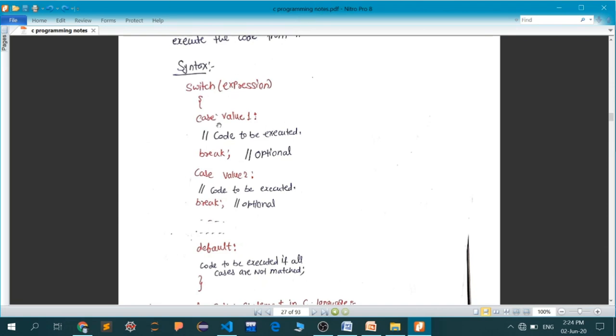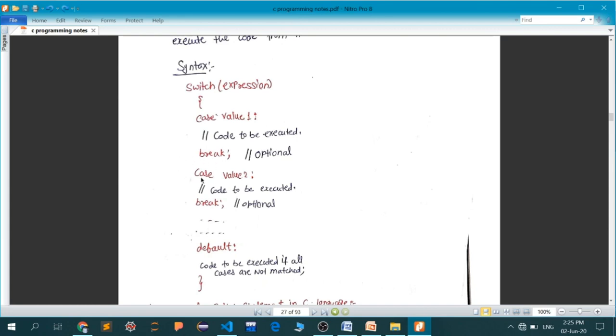So the syntax will go as, you will write the keyword case, that is mandatory, and no 1, 2, 3, 4 will be written after it. Just case, then a blank, and then the value that you want to match. I have written here value 1, which is just to signify what is going to be there. Value 1 means, let's say, only 1 will be written here in the case of the 100-meter race example, and then your colon, and then the block of code, and then the break statement,